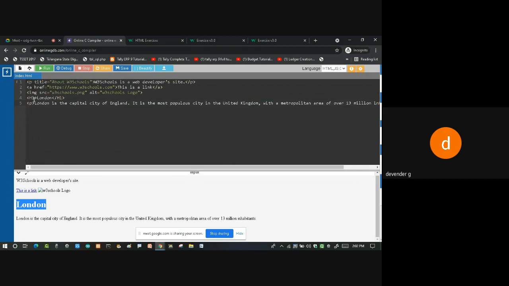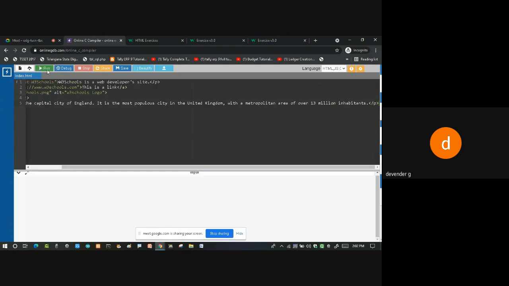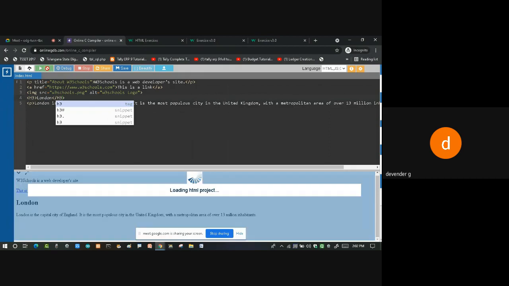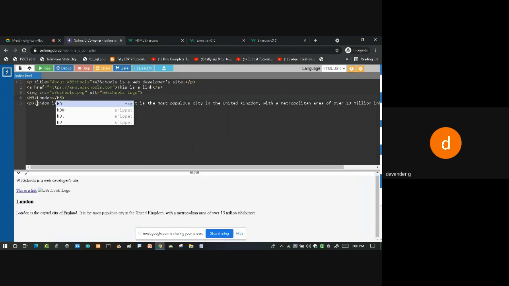So how many sizes do we have? H1 to H6. If I say H2, I'll get a little bit smaller size, see here. H3 is a little bit smaller still.